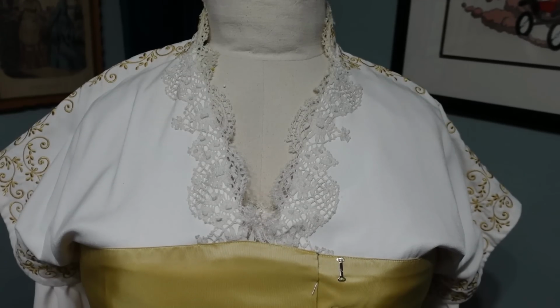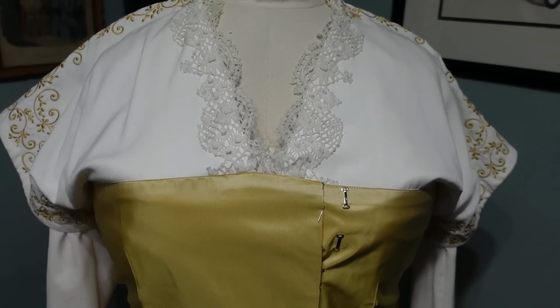The skirt hem is just a very narrow hem where the edge has just been turned twice and then whip stitched in place. The entire yellow portion is also attached to the kimono sleeve portion of the upper bodice as well. This upper bodice is made using a short sleeve pattern based on a kimono sleeve, meaning that the sleeves aren't cut separately from the body, or in this case, since it's so cropped, meaning that it's not cut separately